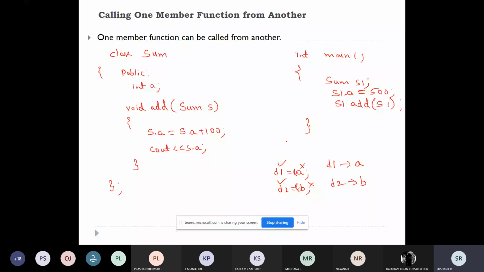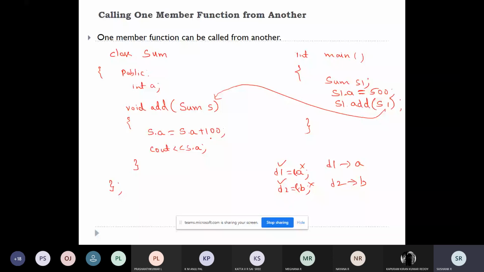Here I'm passing this, and the object will be copied, and it will calculate s1.a. It is 500, 500 plus 100 will be 600. So that will be the output.